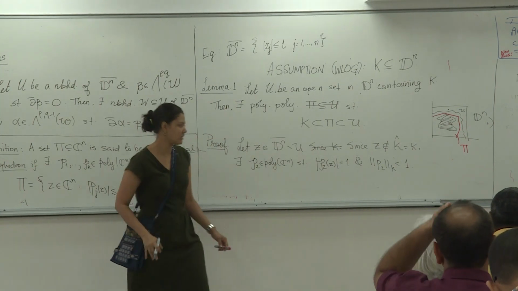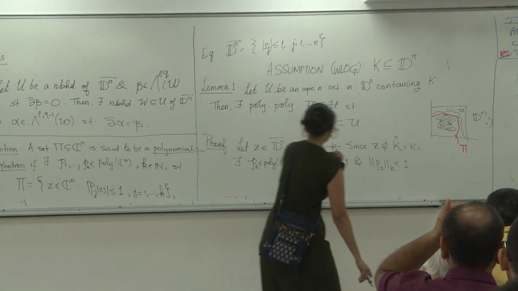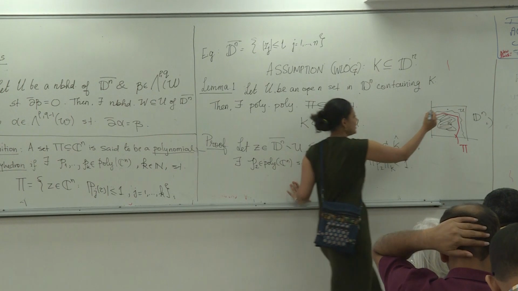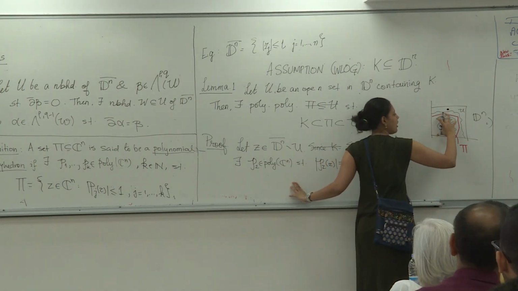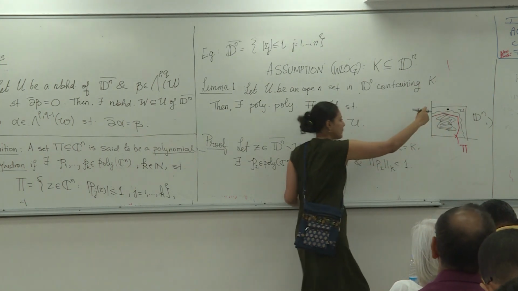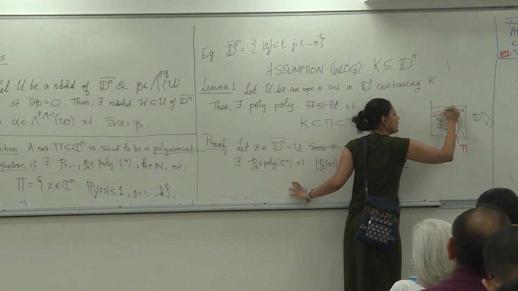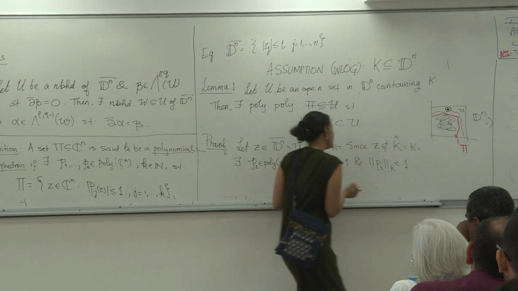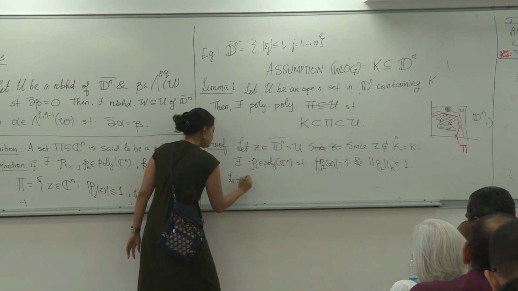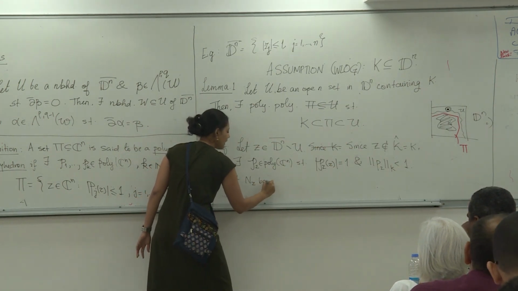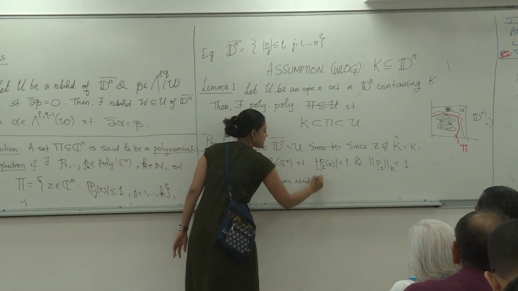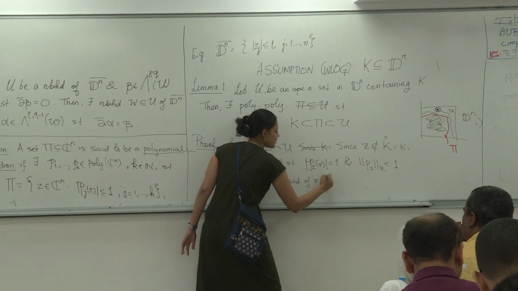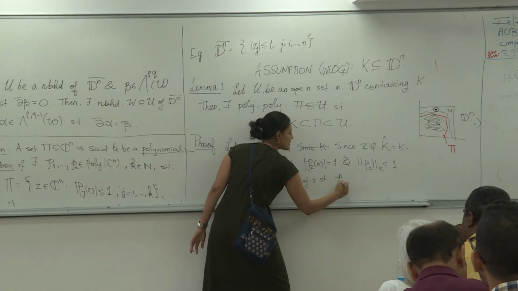So I find such a polynomial, but polynomials are continuous, so I have found a polynomial that exceeds 1 over here and whose norm is less than 1 over here, but there's going to be some open neighborhood where I'm going to get an estimate, right? So let NZ be an open neighborhood of Z such that